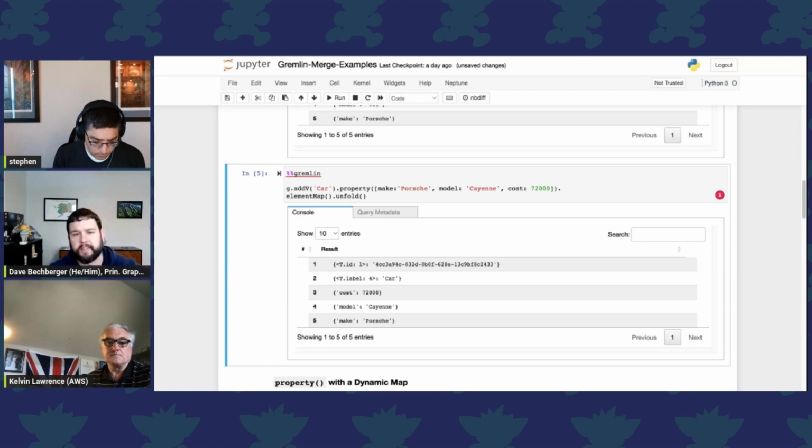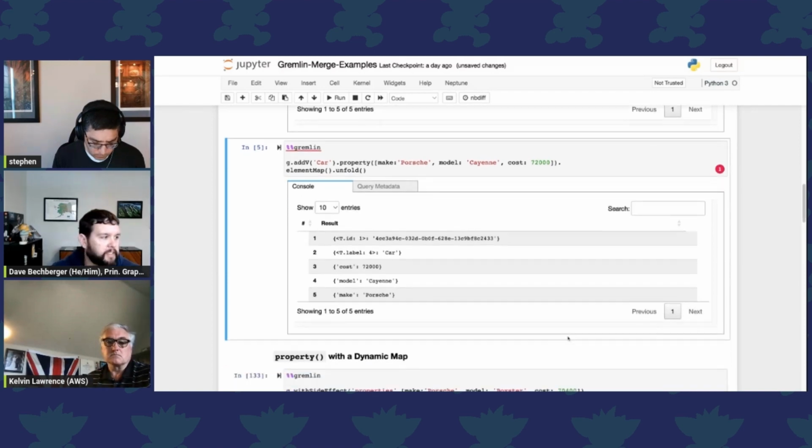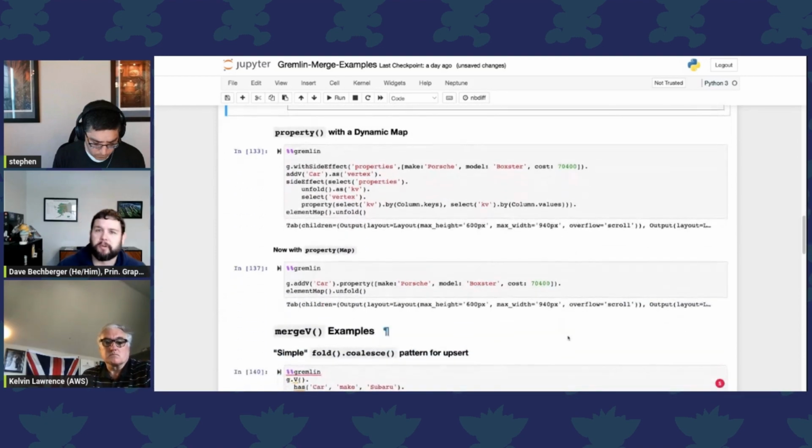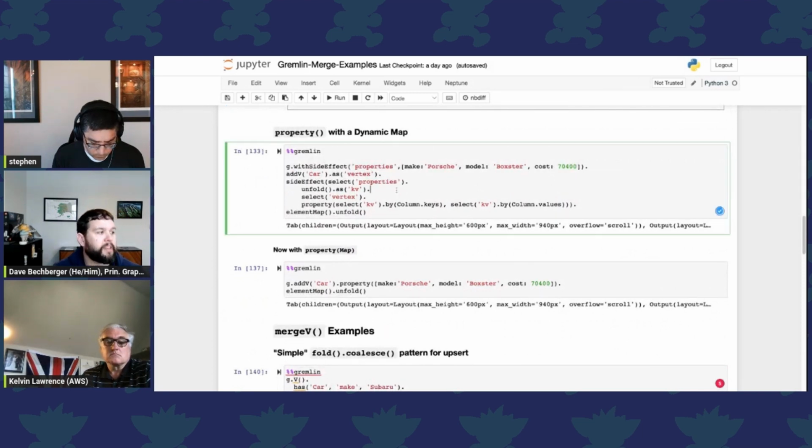And something like this example I gave here is not necessarily the most complex to write from a user's or a developer's perspective. But if you take something like this, what this is doing is using the side effect step to inject maps. This is a common pattern we see when working with customers, where you have a map of data,